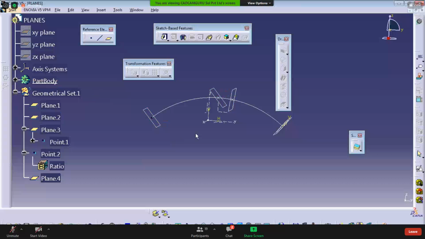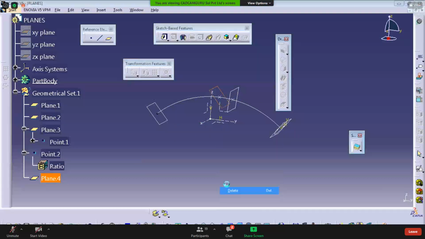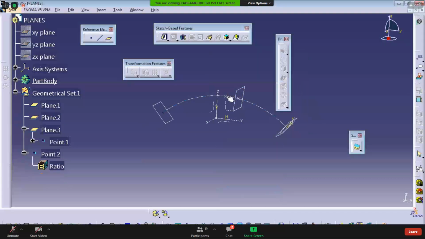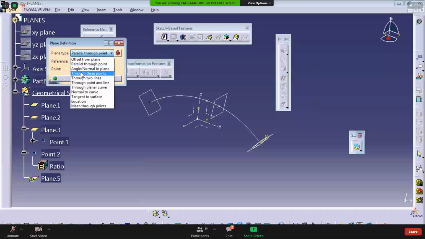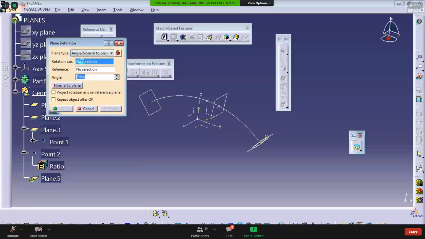Parallel through point. Suppose there is an angular plane we created, and I need that same angle at this plane point location. How to take an angular plane? Select the plane, choose the type angle plane, the same front plane I'm taking right now, for reference purpose, and the rotation axis is, let's say, Z. The angle here is minus 45 degrees.